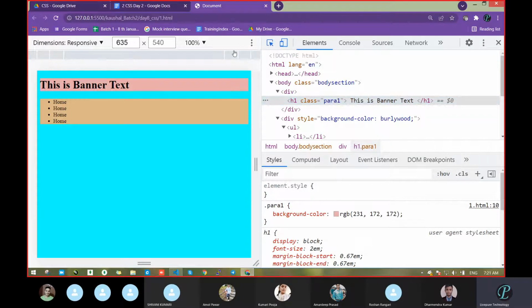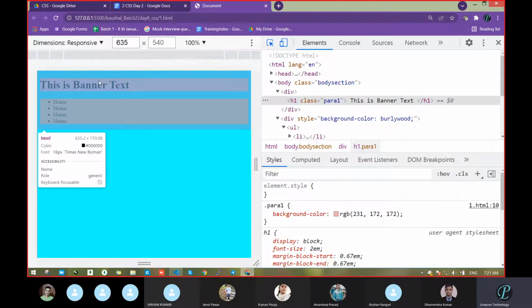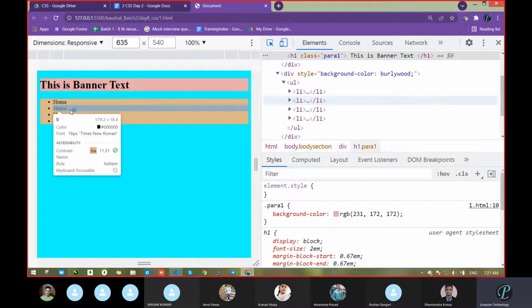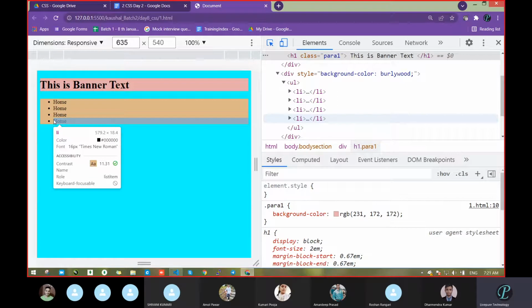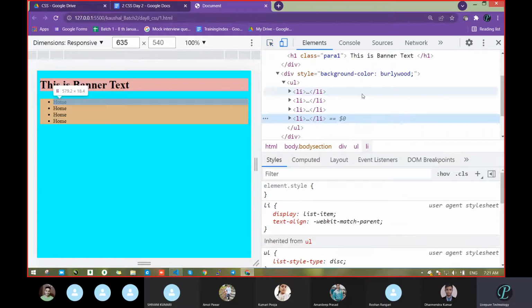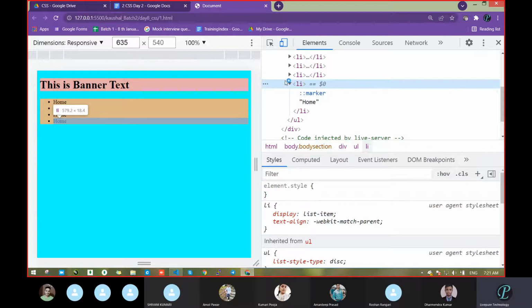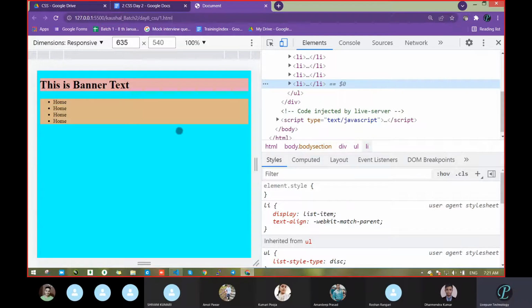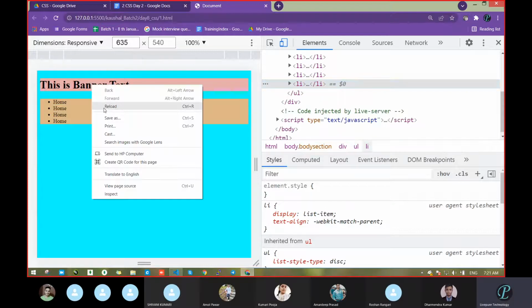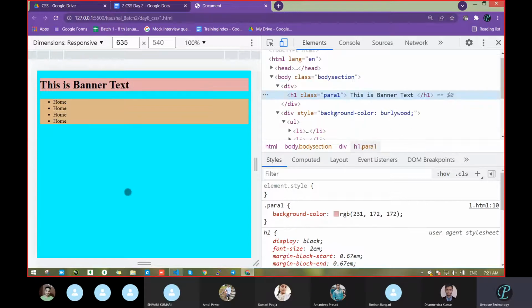You will click this and move your cursor over this one. It will give you which section you want, like this way. Okay, click this. After clicking, it will highlight that particular section. Okay, like this way we can navigate to our DOM area. DOM means document object model. This will be temporary. This will not be permanent.